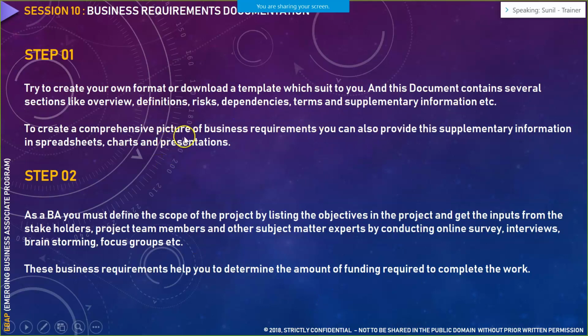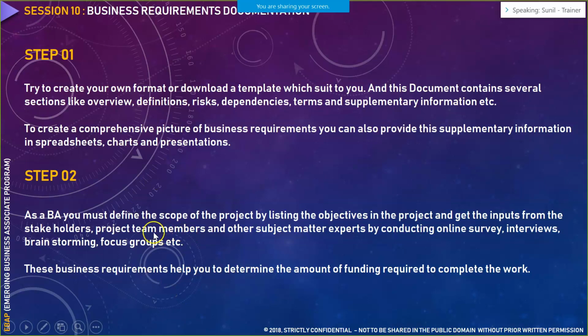Now you have to use pictures in your BRD document. For example, if you have any specific presentation or Excel sheets or charts that you have prepared depending on the research work that you have done, you could attach them in the BRD clearly. Attaching them doesn't mean you have to take a snapshot of it. You have to add an object to that Word file and attach it inside that particular document. So the person who is reading your business requirement document is aware that there is some research work associated with this particular BRD document.